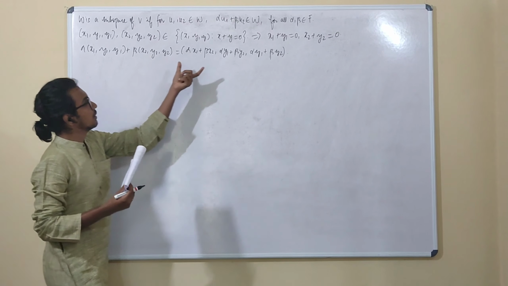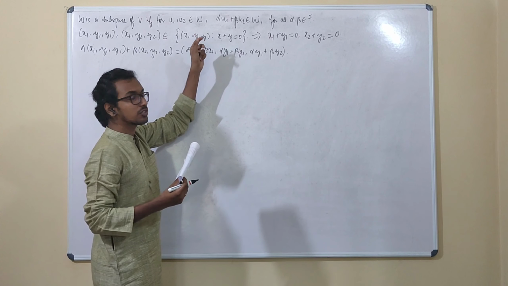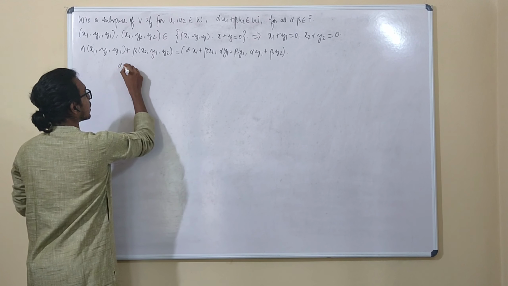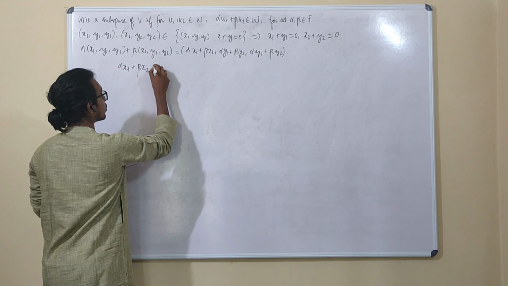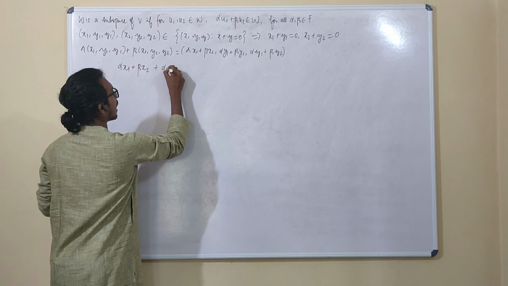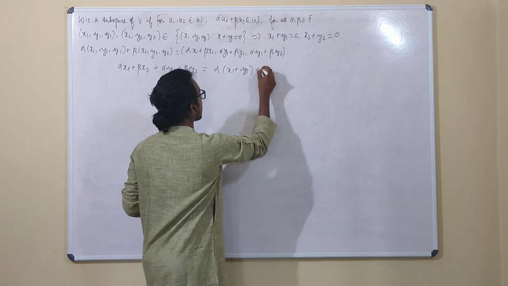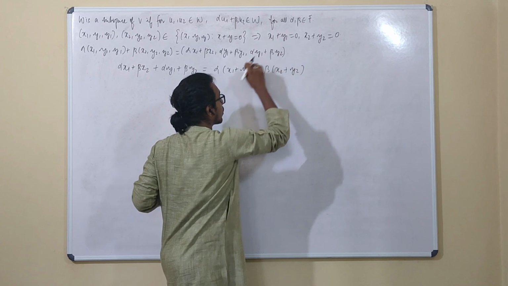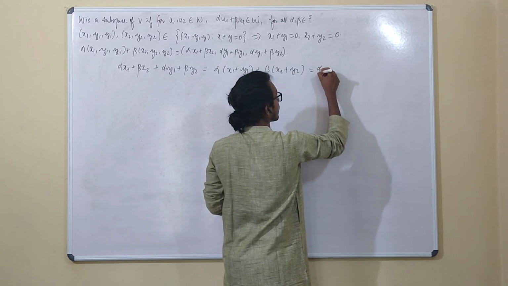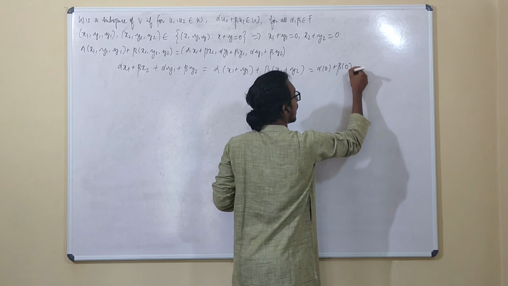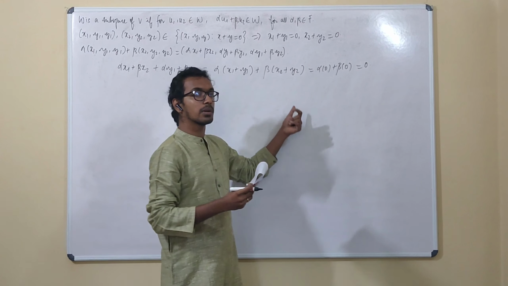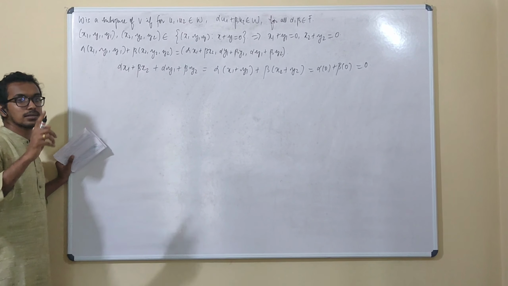In order to prove this is a member of this set, we will have to check whether the addition of the first two entries is 0. We will check it out. Alpha x1 plus beta x2 plus alpha y1 plus beta y2. This is simply alpha times x1 plus y1 plus beta times x2 plus y2. x1 plus y1 is 0. Similarly, x2 plus y2 is 0. Therefore, this is alpha times 0 plus beta times 0. Irrespective of what alpha and beta you choose, we are getting the value to be equal to 0. Hence, option 1 is true.